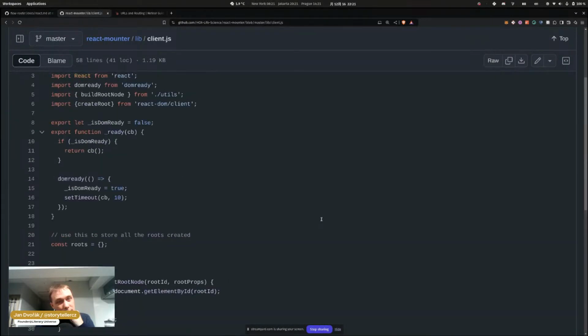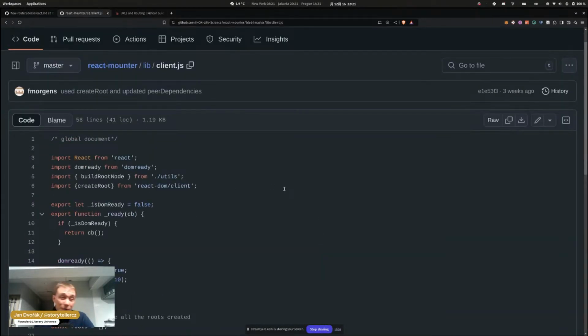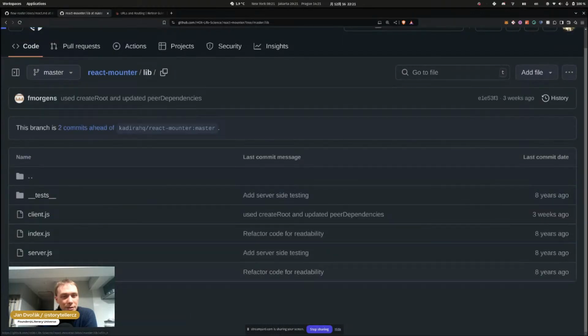My goal is to always limit the number of dependencies. Another thing is DOM ready. I don't want to do that. I have here build root node from utils. I think that might be actually